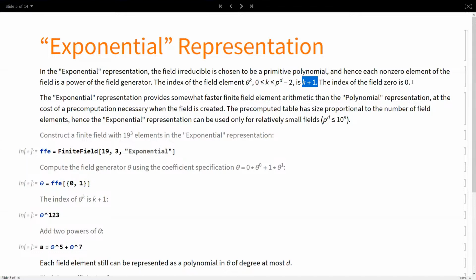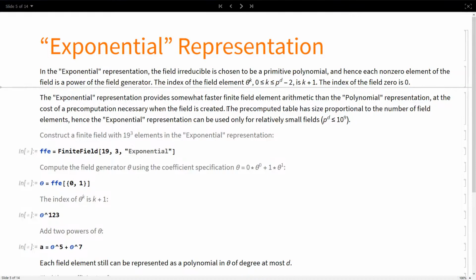And the index of the field element 0 is 0. So this is the indexing in this representation, and the exponential representation provides somewhat faster finite field element arithmetic than the polynomial representation